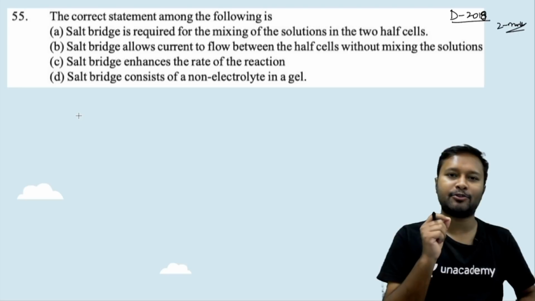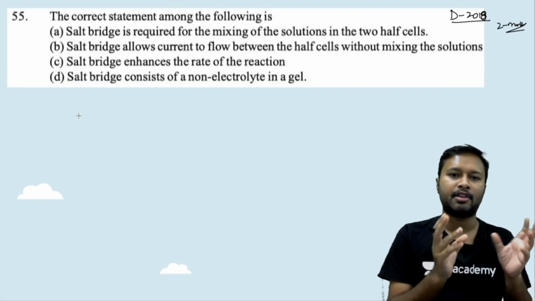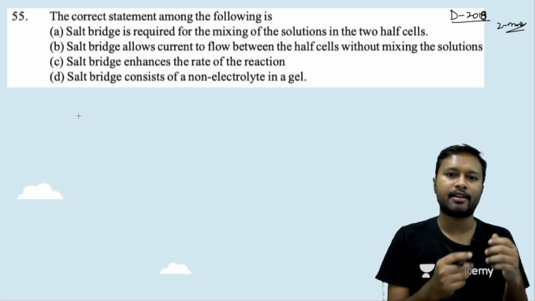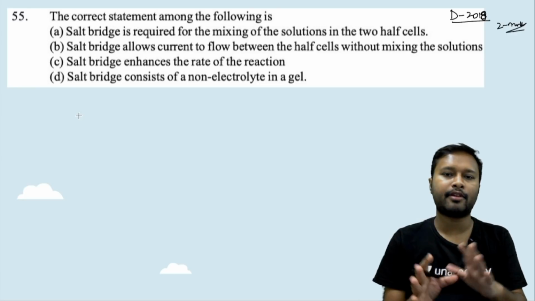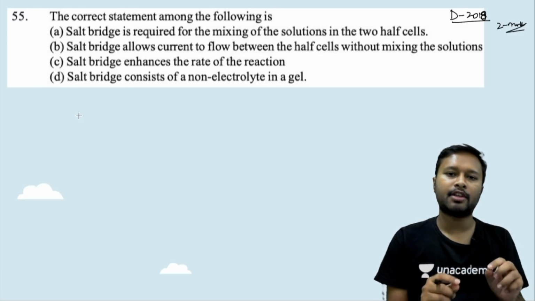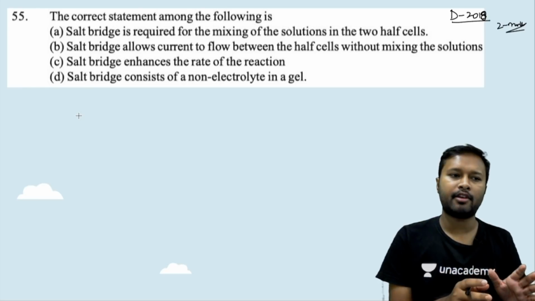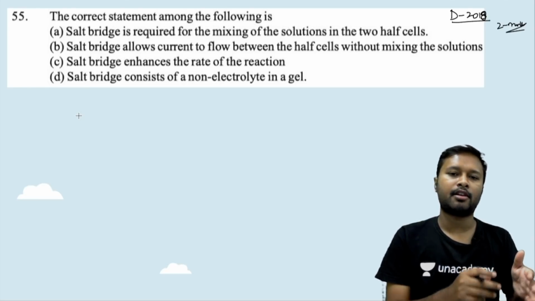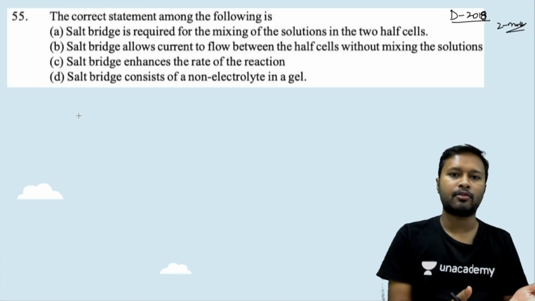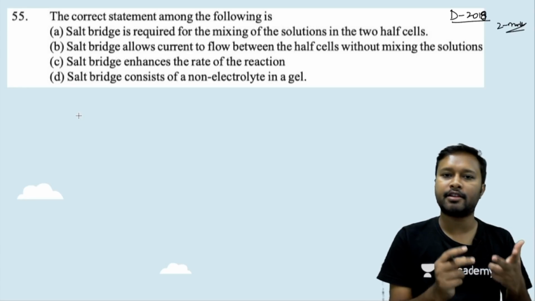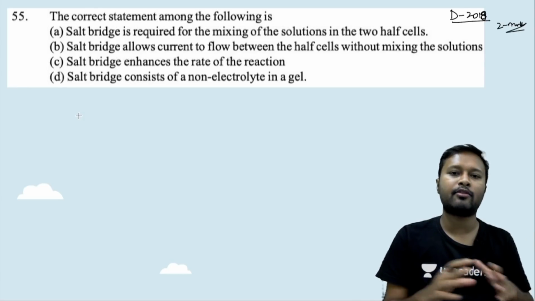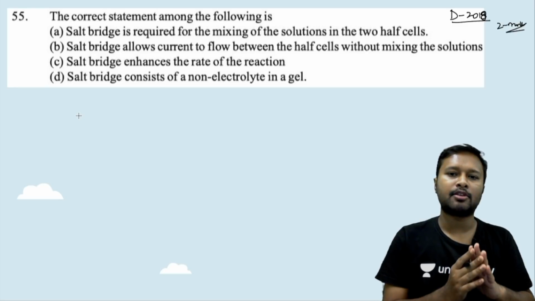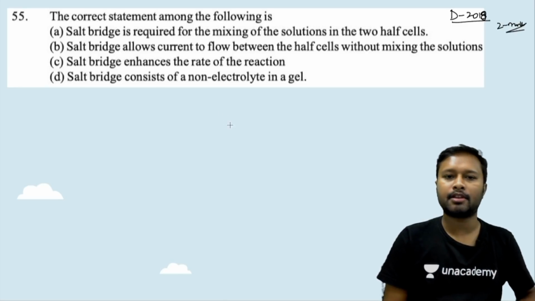Okay, so for this you need to study about the cells and how the structure of the cell is, what's the function of cell potential, which electrode is going to undergo reduction, which is undergoing oxidation. So everything you have to study about the cell. Now this question actually is very simple. It's very trivial. If I ask the same question of a class 12th student, he would also be able to answer, because these are very basic things. You have been taught the same thing in bachelor's, the same thing in masters, and the same thing in class 12. So it is something which you carry forward, which you remember. So this was one of the very simple questions from electrochemistry.